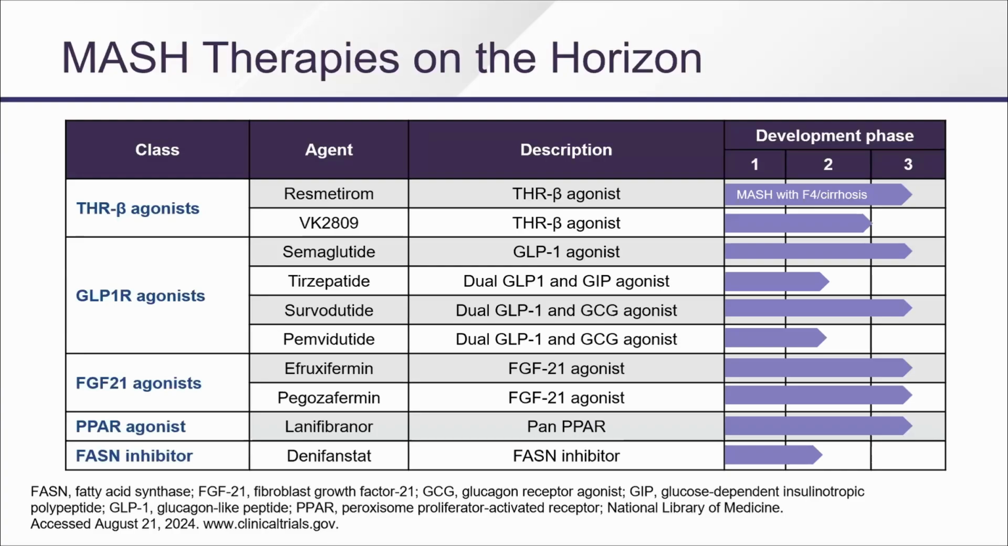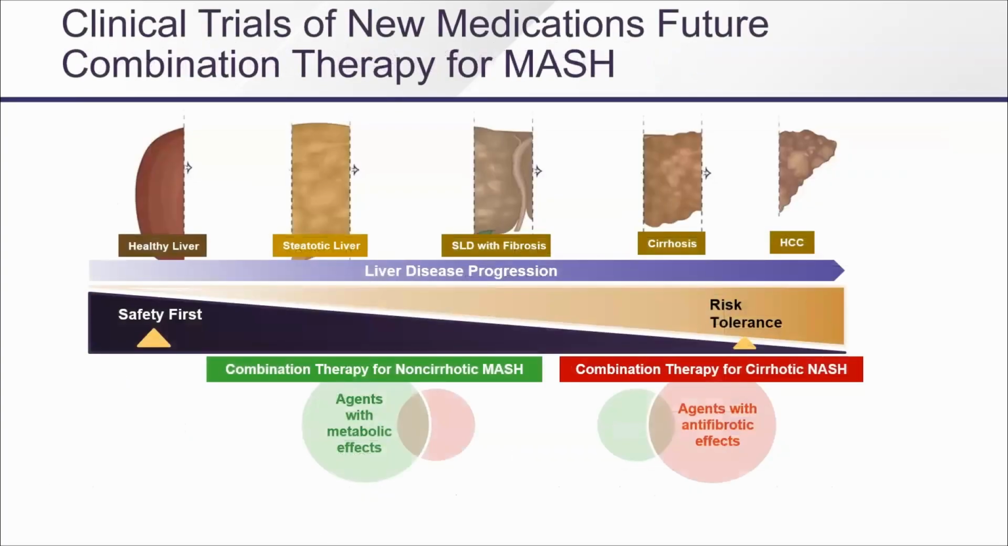The preliminary data looks kind of good. And the answer is, I don't think it's going to be a question of this or that, because each of these seem to have a response rate of about 30%. So probably the answer is we're going to need combination therapy, just as we do for hypertension and diabetes and